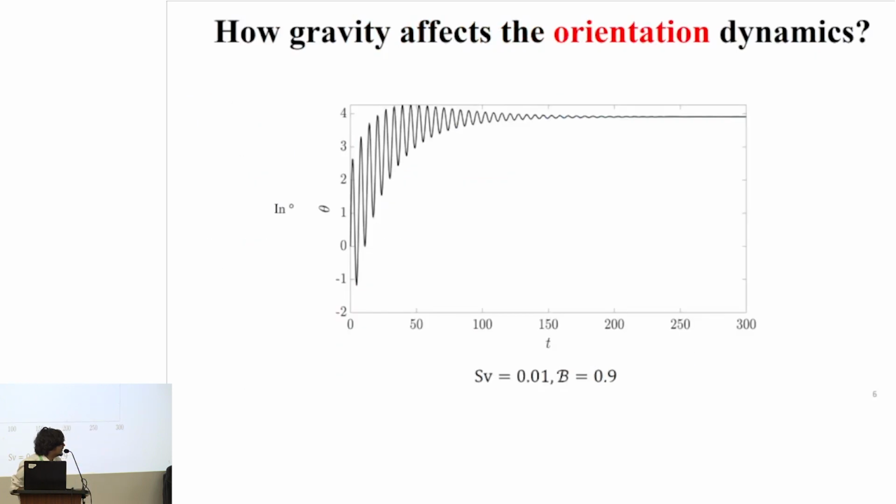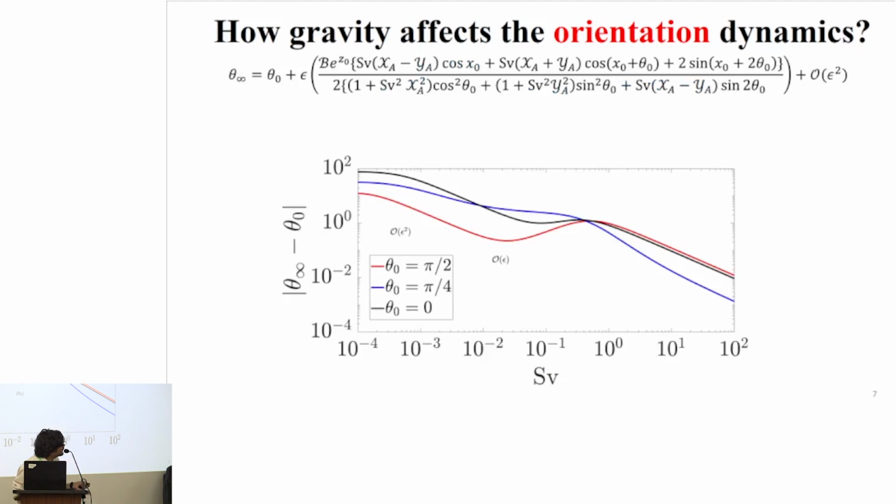So first we calculated the orientation of a heavier particle, and it has two regimes. When the particle is at the interface, it will experience some wavy effect, and therefore the orientation will increase in an oscillatory manner. But as time passes, the particle also settles, and it is less likely to be affected by the wavy flow field, and there the particle will attain some steady orientation. This steady orientation, unlike the neutrally buoyant case, is non-oscillatory in nature and depends on several factors. By using the regular perturbation technique, we found this steady orientation, and it depends on the initial condition, shape of the particle, settling number, and the Buckingham constant here.